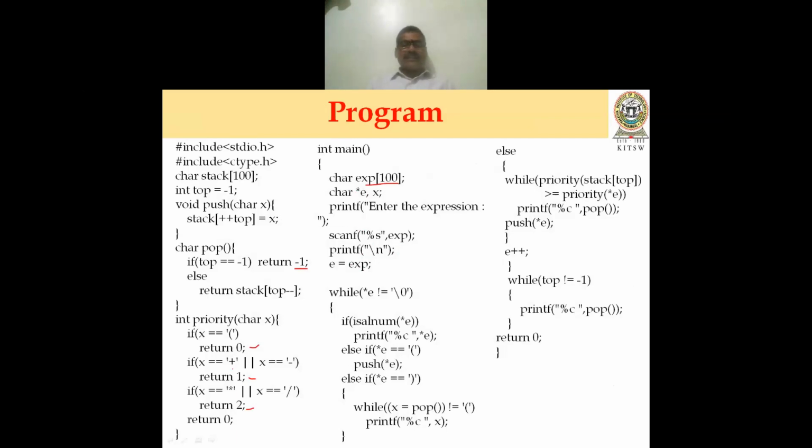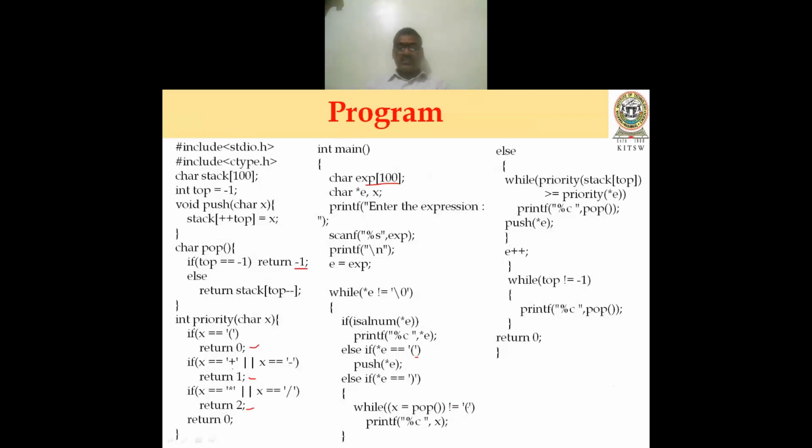So e is a pointer. So while *e not equal to NULL, what we are doing here is checking all these things. The process we are going to convert here: if *e value is alphanumeric, then printf %c *e. Else if *e is equal to opening parenthesis, then we are pushing that *e value into the stack. Else if *e is equal to closing parenthesis, then we are popping